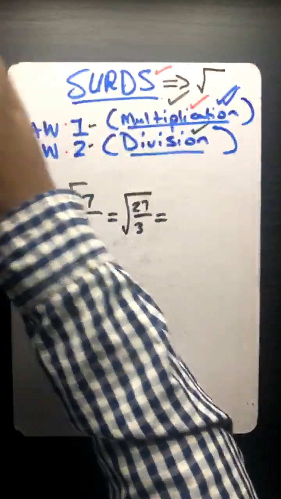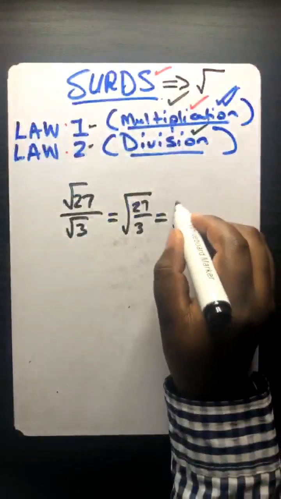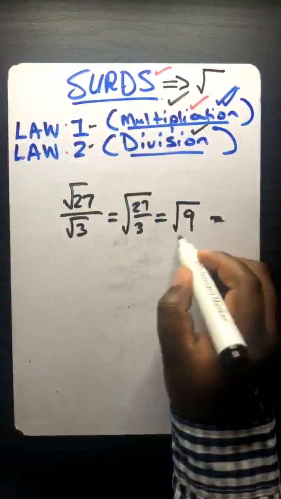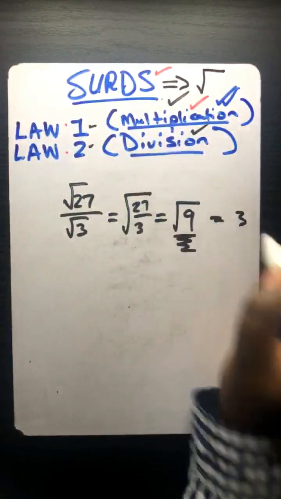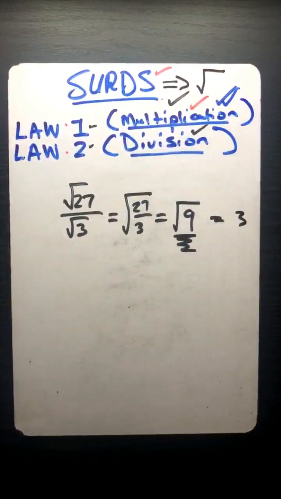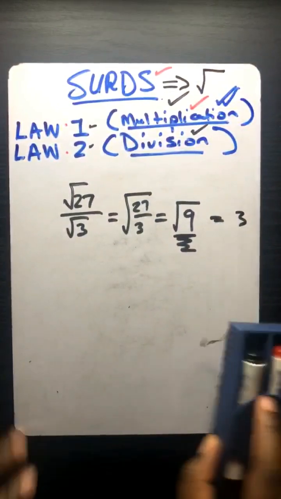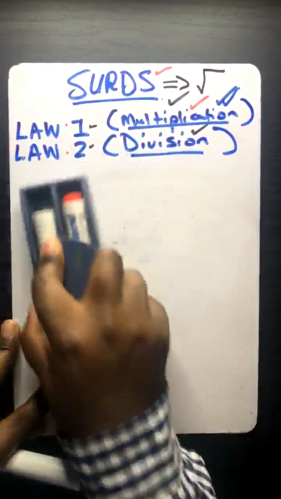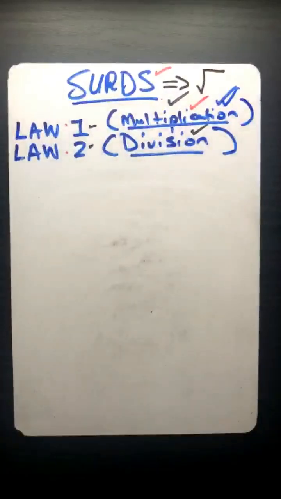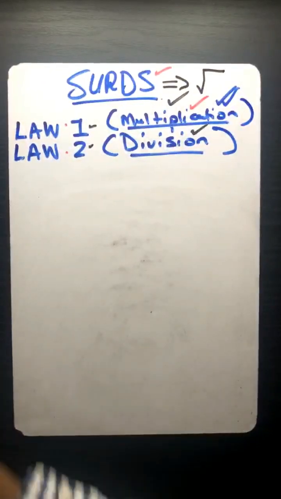Let's quickly see. 27 divided by 3 is 9. So that means you're having square root of 9. Then you can punch this on a calculator and it's going to give you 3. I hope that makes sense. So it is as easy as that. For now, let's try to do some more